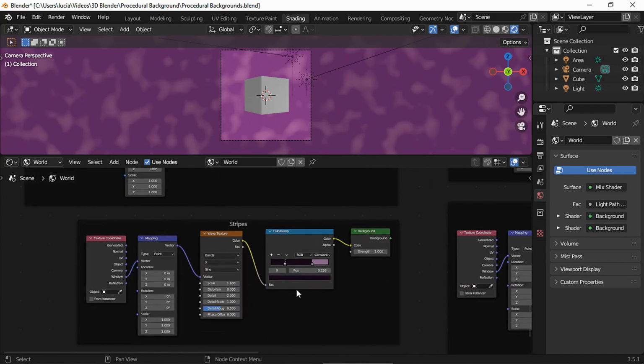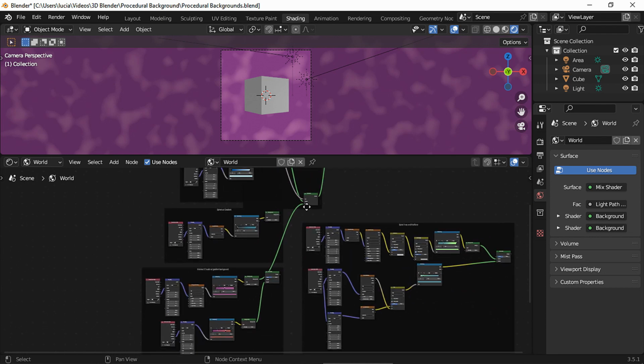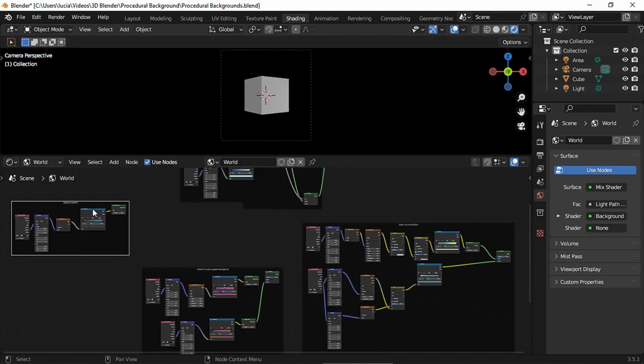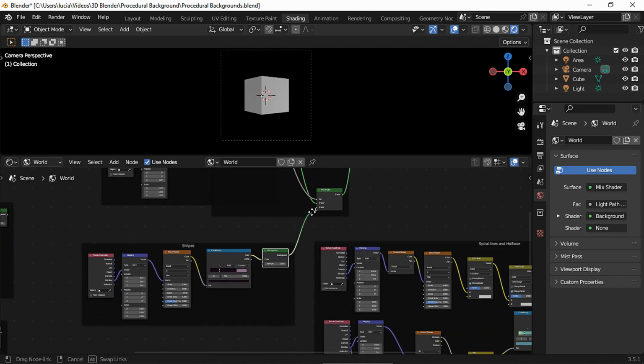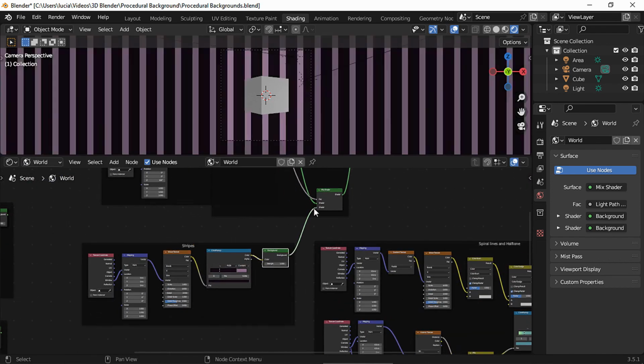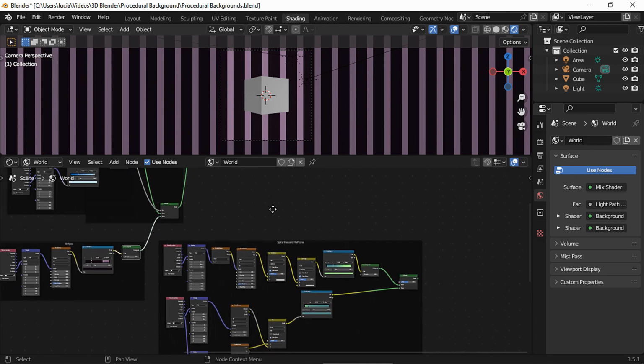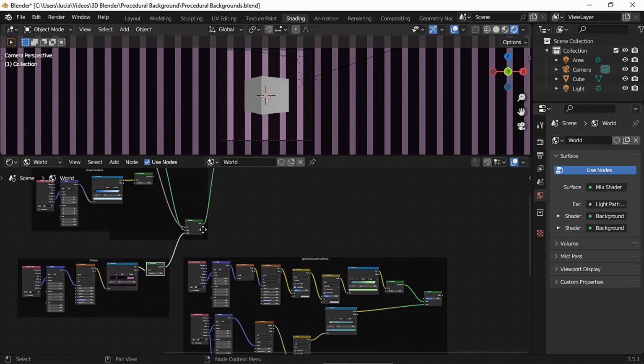Then we have the stripes, and here we have the spiral lines with dots.